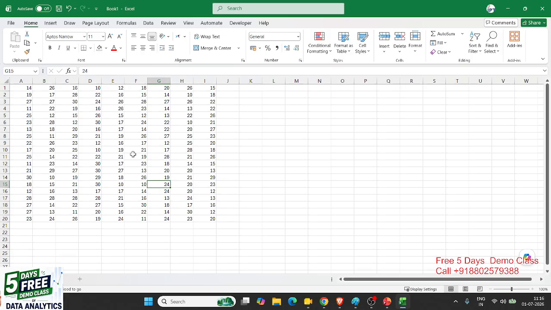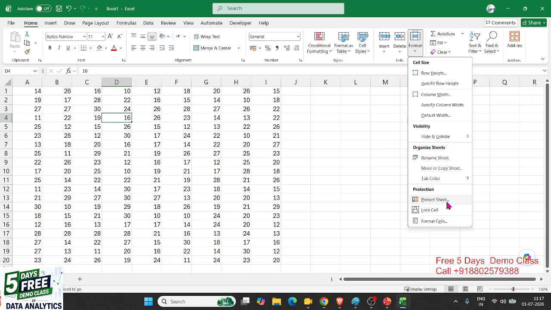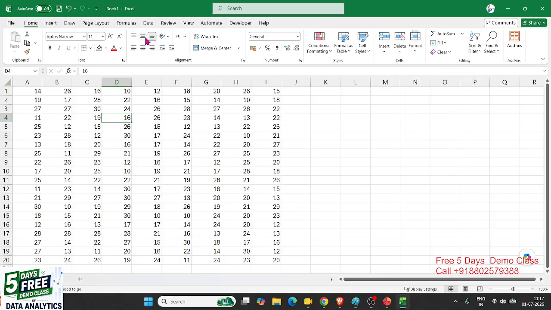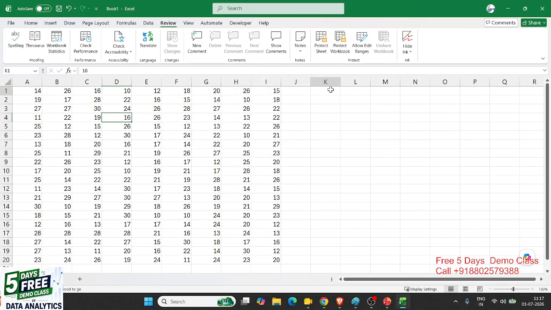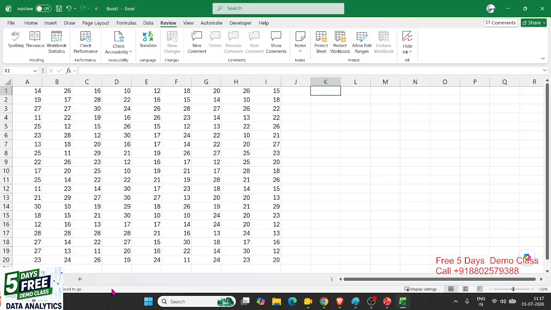So first we will learn how to protect the sheet. This is the sheet. I want nobody to change my data. So we have multiple ways. You can go to Home, select Format, and go to Protect Sheet. Also you can go to the Review tab and click Protect Sheet. Otherwise, the most popular way: